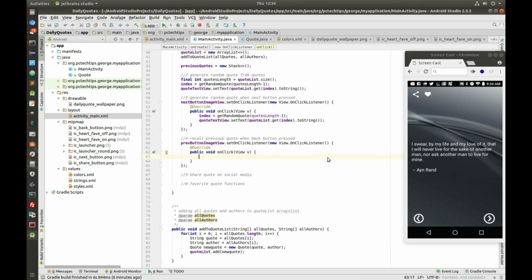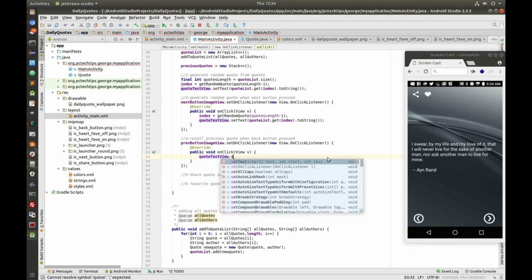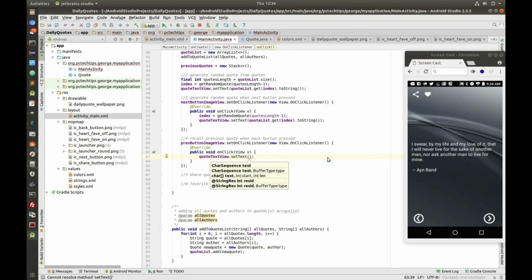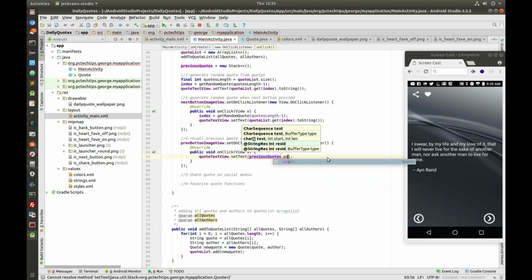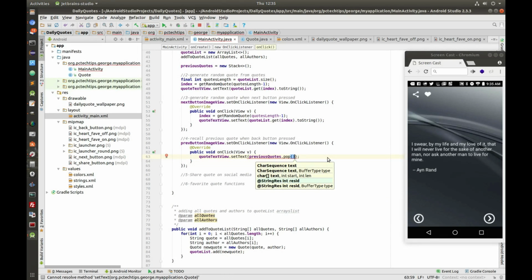and I'm going to say quote text view set text, and I'm going to say previous quotes, and I'm going to say pop, and